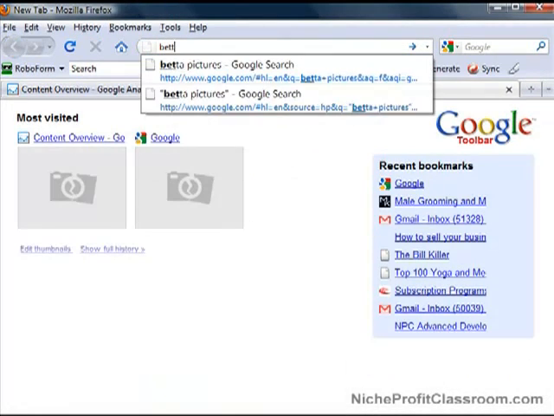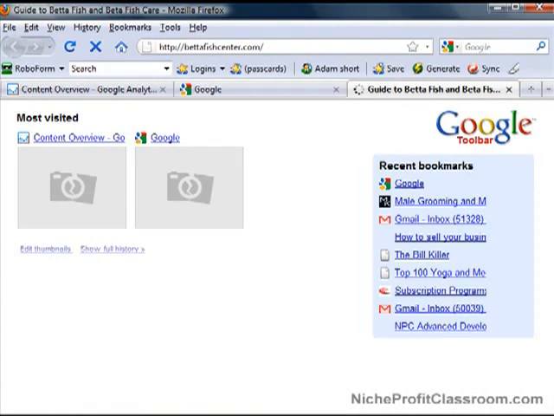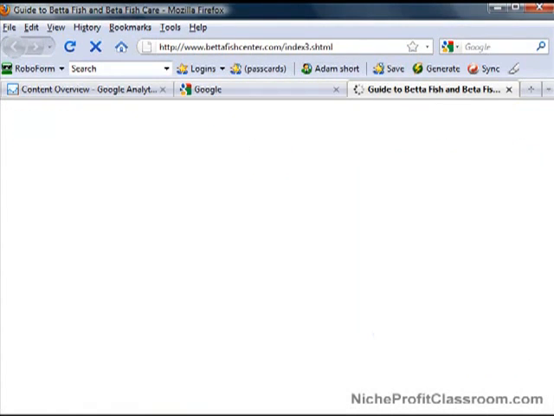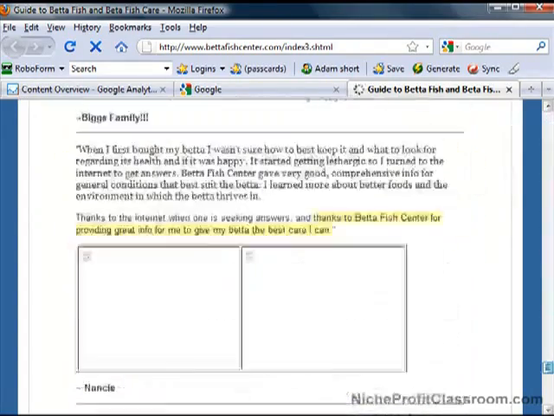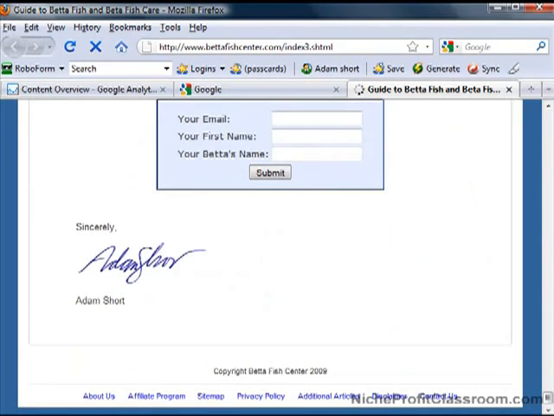And I'm going to type in my website, betafishcenter.com, and we'll go to the home page here, and we'll scroll all the way to the bottom. And I'm going to go into the internals of the site. So I'm going to go over here to Sitemap,